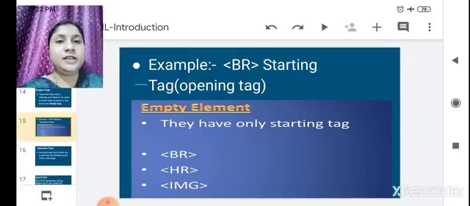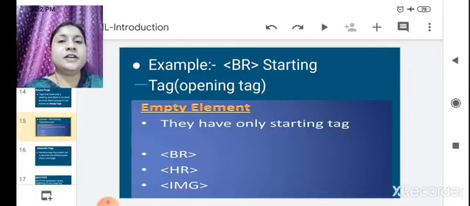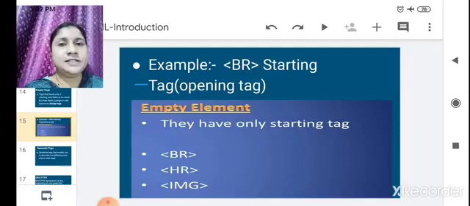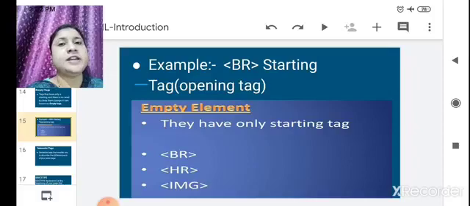In today's class we have learned a little about HTML. We have seen the introduction of HTML, that it is hypertext markup language and it is used for creating web pages.